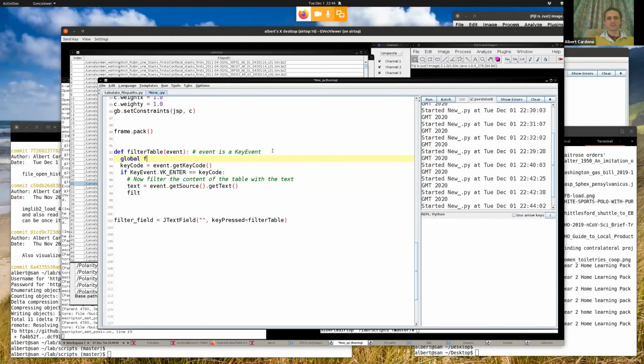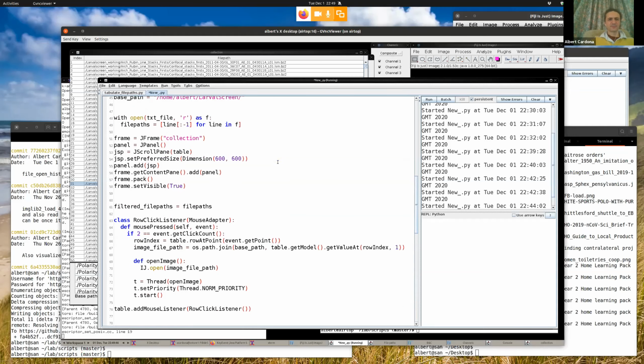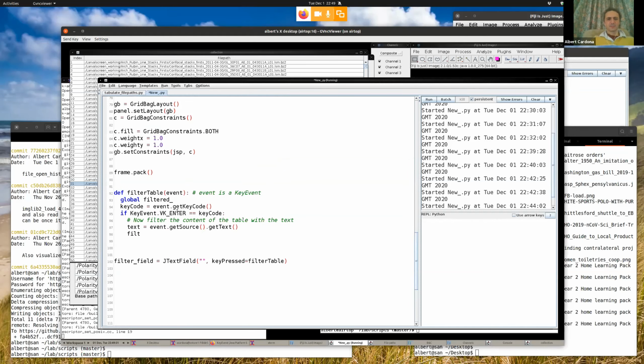So we say global filtered, what was that? Filter file paths? I forgot the name. Filter file paths, this one. Filter file paths, we're going to edit it. And so instead of being a local variable, it'll be that global one. And a more sensible way to do it, because the table, yeah, there's a threading problem. So we're going to do first